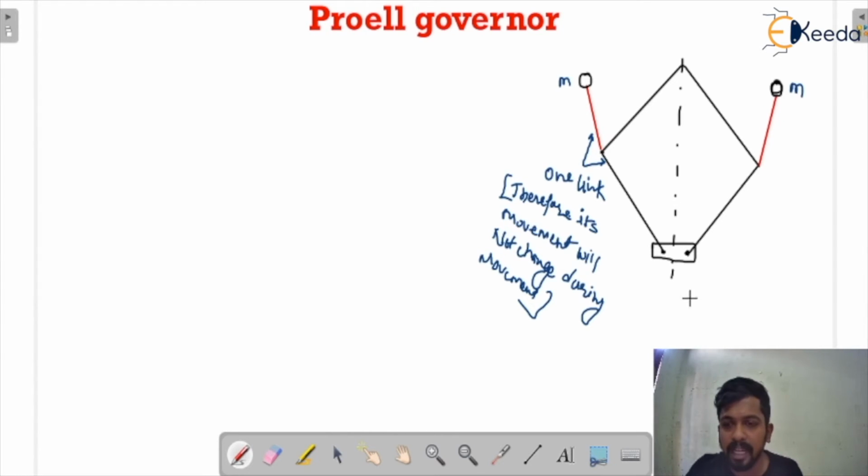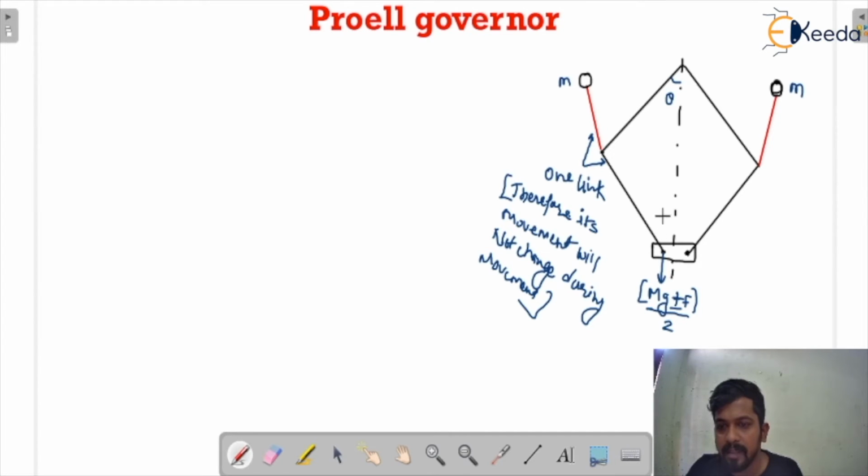According to that, we can calculate Mg plus or minus F. This is the complete force, but we generally study one portion of the governor, on one side of the spindle axis. That's why I am dividing it: Mg plus or minus F by 2 here, and here also Mg plus or minus F by 2, so it completely becomes Mg plus or minus F. This is the arm of the governor, and there will be an angle theta.